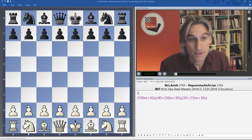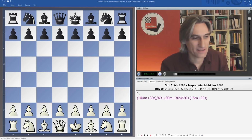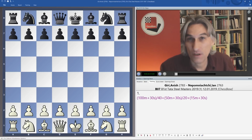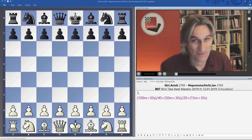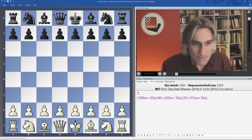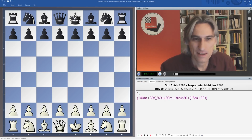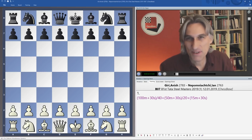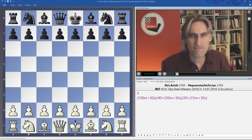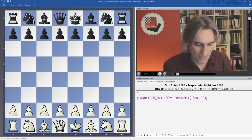So, this game. With the white pieces, Anish Giri, well, he is potentially a world title challenger in the future. He had a fantastic 2018, and of course, last year he came equal first in the Tata Steel tournament. He's playing white against Jan Nepomniachtchi, Russian Grandmaster, very enterprising player, and we saw that on the very first move,